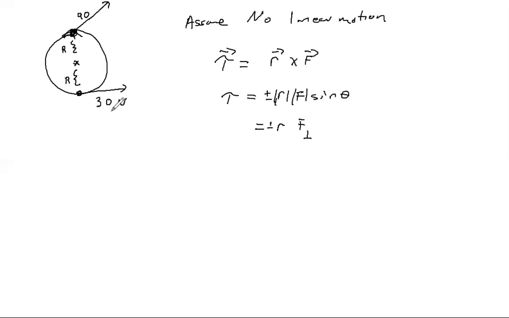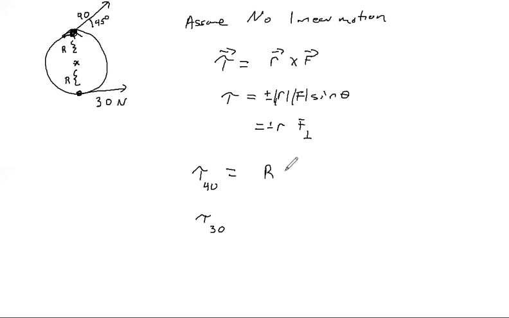So I have two forces here. I want to find the net torque. So the net torque is going to be the torque of the 40 Newton force, plus the torque of the 30 Newton force. For these forces, I'm going to apply this R perpendicular idea. So this angle is 45 degrees. And if I wanted to know the component of the 40 Newton force which is perpendicular to the radius, I would use cosine of 45. So I could write this as